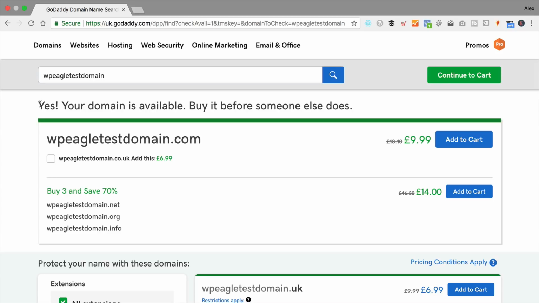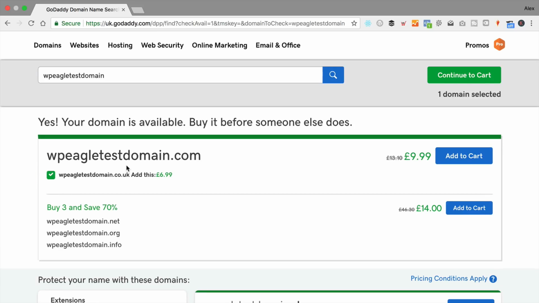and there you go. It says the domain is available and I can buy it by simply clicking on the add to cart button. I can also add the .co.uk version of the domain if I want that too. Sometimes it's a good idea if you want to protect your brand and that kind of thing, to register a few different extensions. Once you've done that, you click continue to cart,